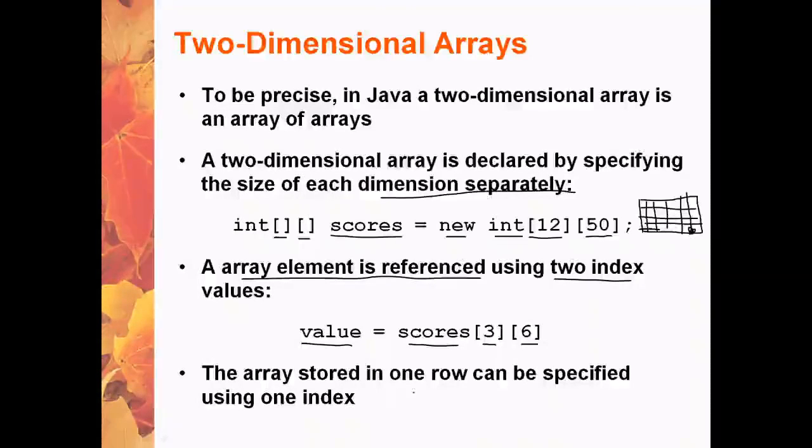The elements of a one-dimensional array can be referred to using one index, but if we have a two-dimensional array, it is referred to using two indexes. This is how we declare a two-dimensional array, and we can refer to any element in it by using two different indexes. Again, if I say three-dimensional array,